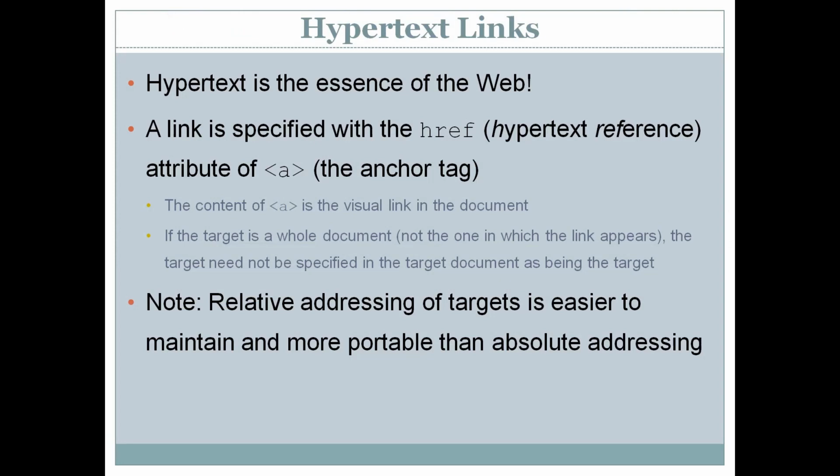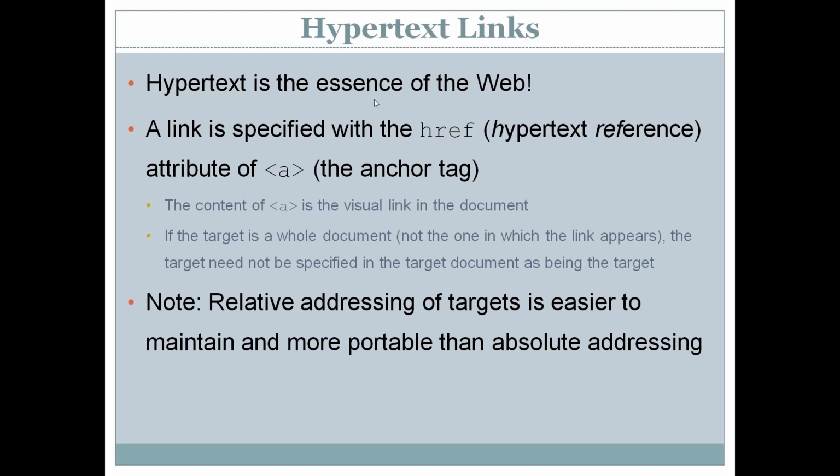As I have said, hypertext is the essence of the web, the heart of the web. Without hyperlinks, you cannot imagine a website or a web page. Today, if you visit any website or web page, you will see many hyperlinks on it.